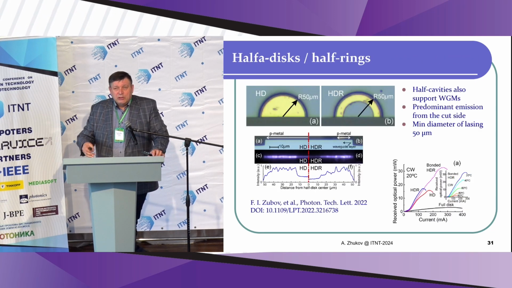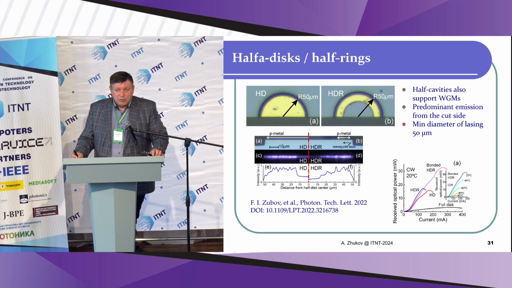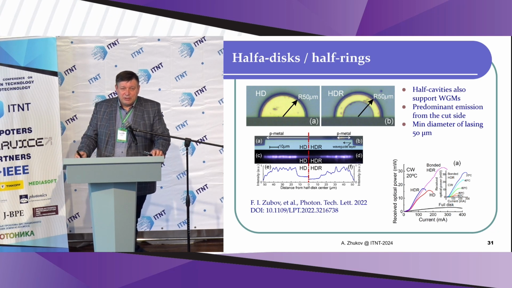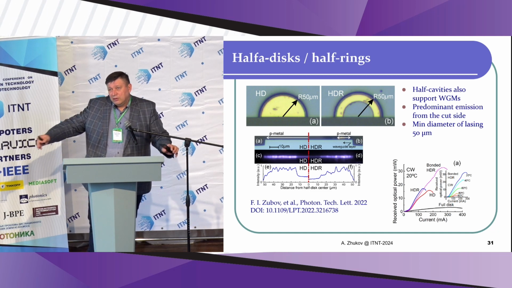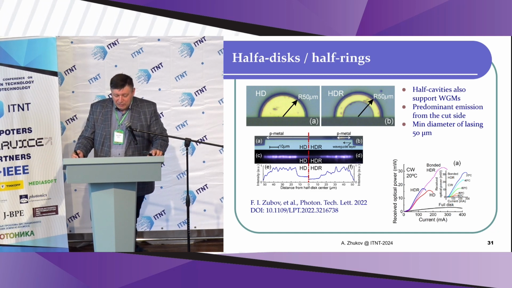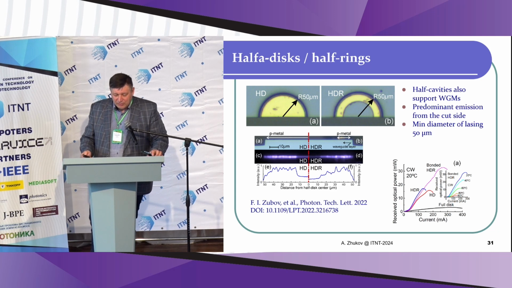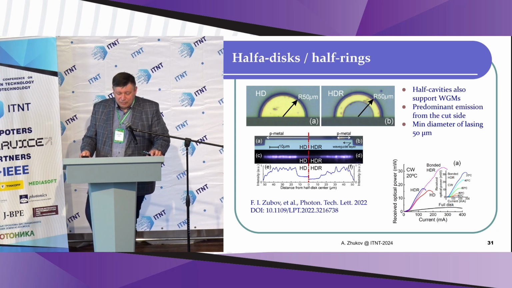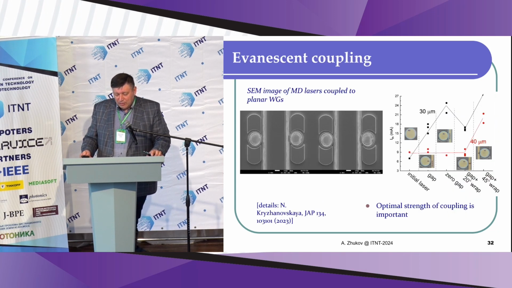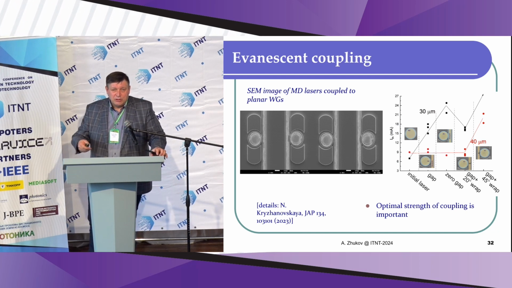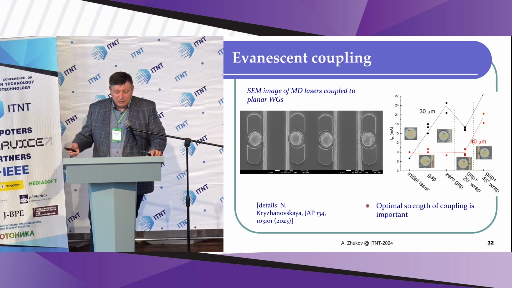Important things: how to extract light from microdisc lasers, because the disc has a circular shape and usually light is distributed in the whole free space. So there are some methods to make the light emission directive. For example, half-disc or half-ring lasers, but most suitable for optoelectronic application, for integrated circuits, is just make